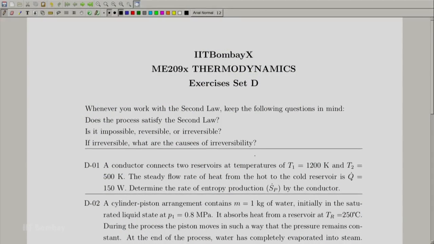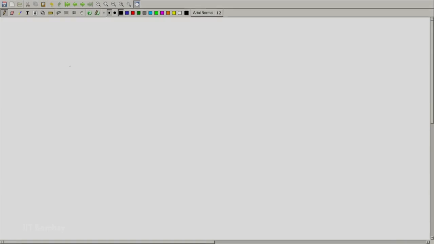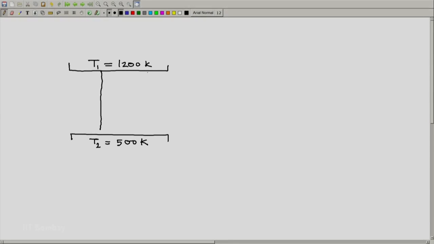First, let us look at the very first exercise here, D01. What we are provided here is some sort of a conductor, a system called a conductor, which connects two reservoirs at two different temperatures. Let us sketch it like this. We have one reservoir, we have another reservoir. This reservoir is at T1, which is 1200 K, and this reservoir is at T2, 500 K. And there is some system, it could be a solid metallic block, or it could be something else which connects